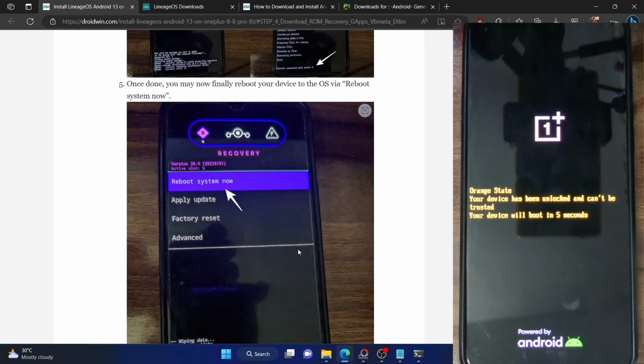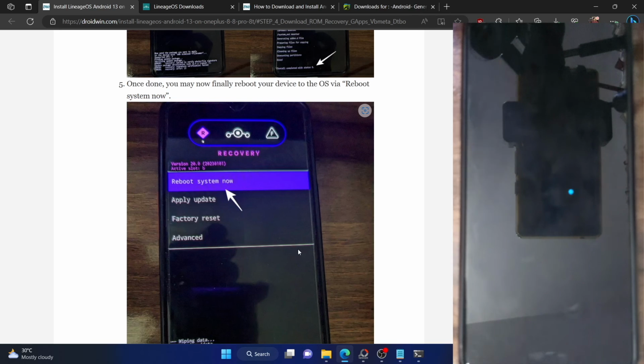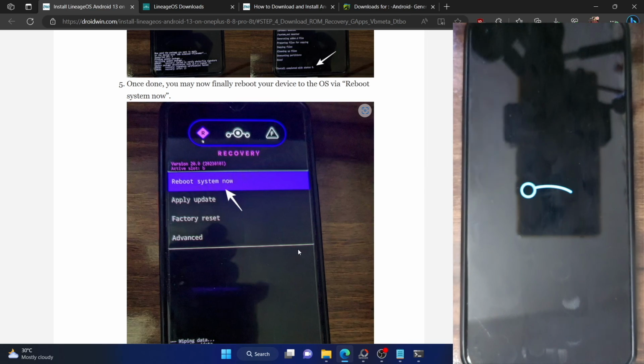and our phone should now boot to the newly flashed Lineage OS ROM. Do keep in mind that the first boot up will take up some time. Moreover, if you have flashed the GApps as well, then it might take some additional minutes as well because it will load up the Google app packages as well. So please leave your phone in this state for a few seconds or rather a couple of minutes and let your phone boot up. As you could see, currently it is showing the Lineage OS boot animation.